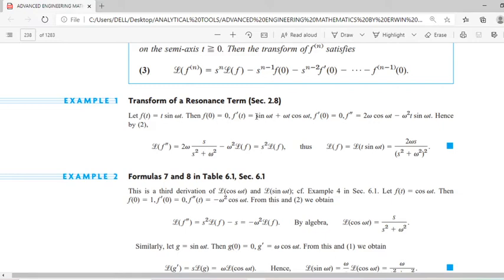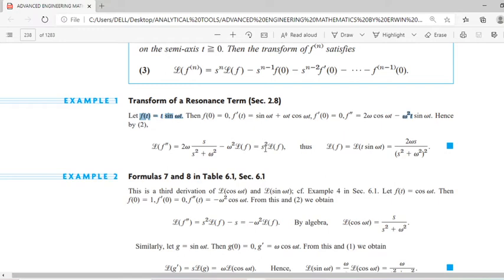We can take the derivative of this one, which is omega into cos omega t. Derivative of this one, we can apply the product rule and we will get the final result like this. You can derive it. Okay, so what is L of f double dash? So we can put, instead of f double dash, this one. So 2 omega into L of cos omega t. So that is 2 omega into s by s square plus omega square minus omega square into L of t sin omega t. That is actually the function. So omega square into L of f. So from this you will get this is equal to